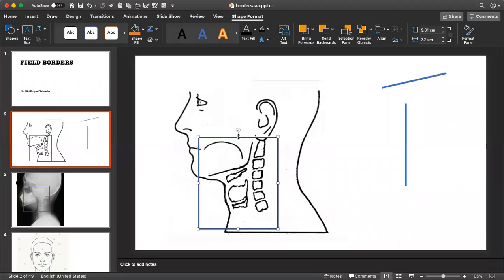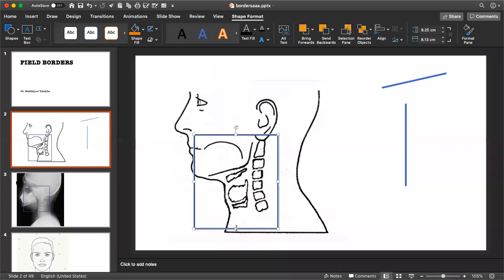When that is being done, then we can safely put the upper border at around 1 to 1.5 centimeter above the tongue, and the anterior border would be in front of the mandible, but we would try to exclude the lower lip if possible. So it would be at the anterior border of the mandible, slightly excluding the lower lip, if possible, to avoid mucosal toxicities at the lip.